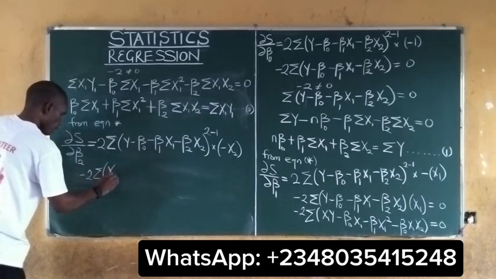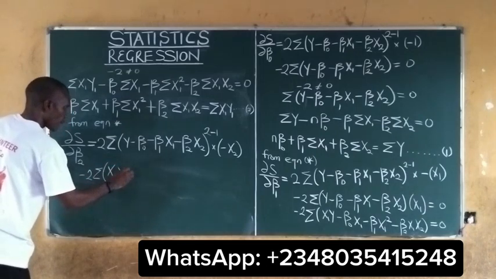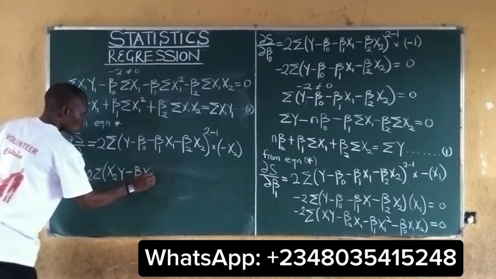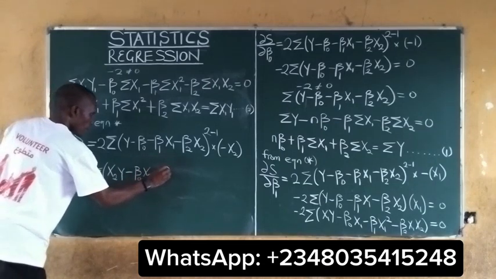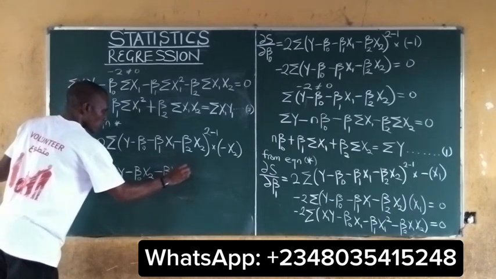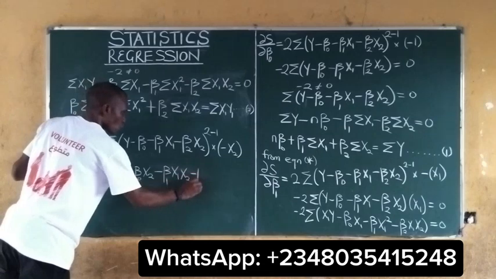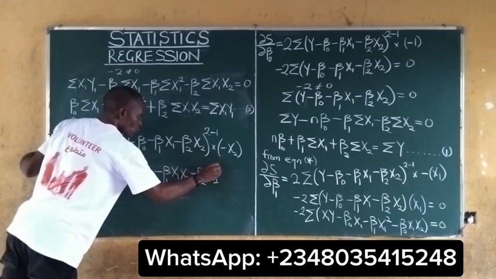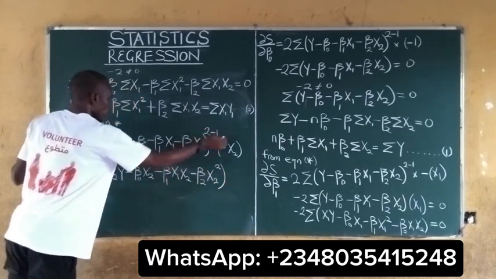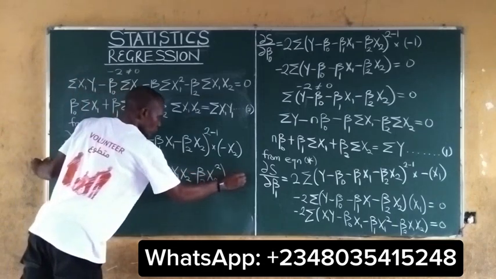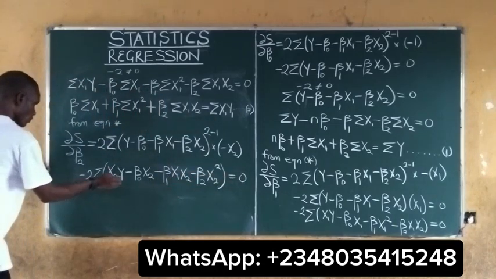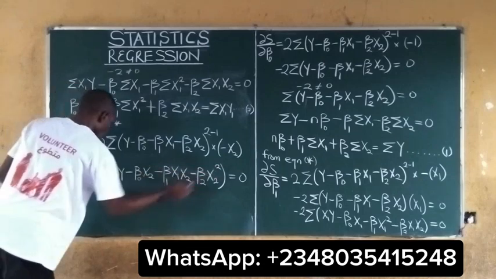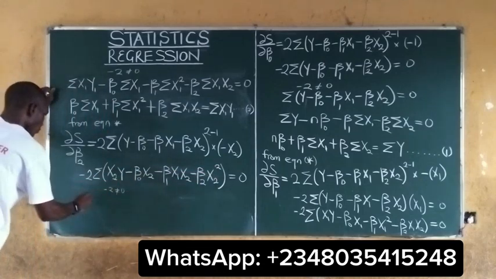We have x2y minus b naught x2 minus b1 x1 x2 minus b2 x2 squared, 2 minus 1 is 1, equal to 0. Of course, negative 2 is not equal to 0, so this and this will go. If we sum the whole of this, we get summation of